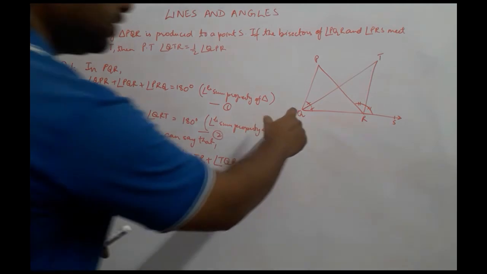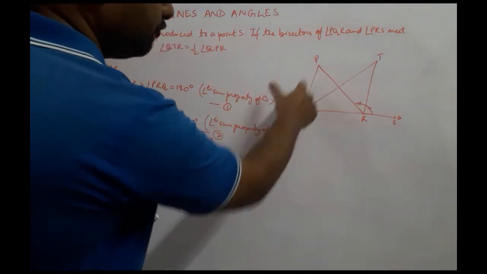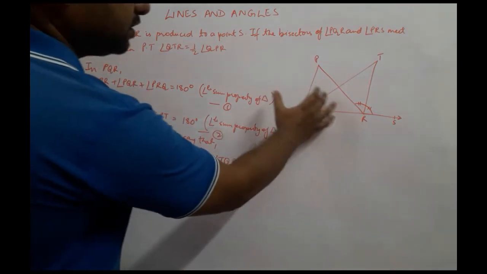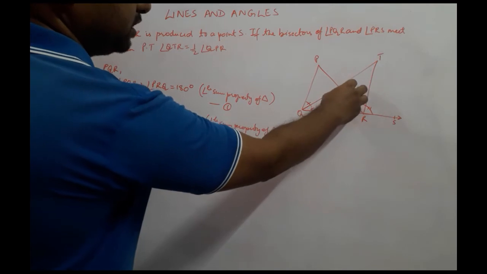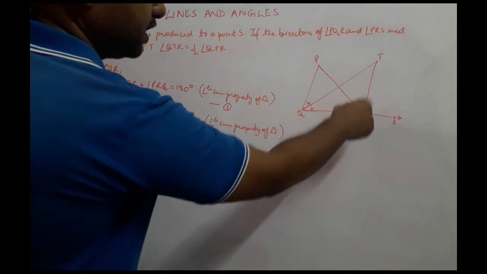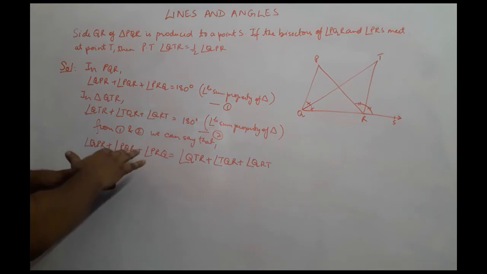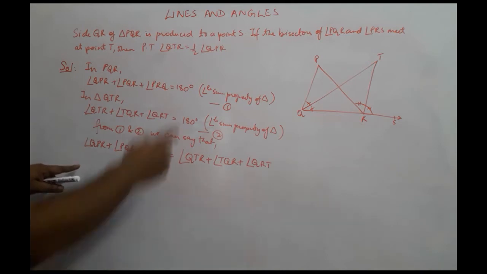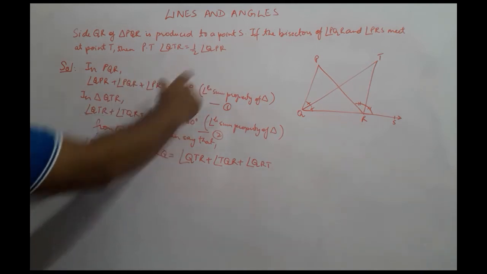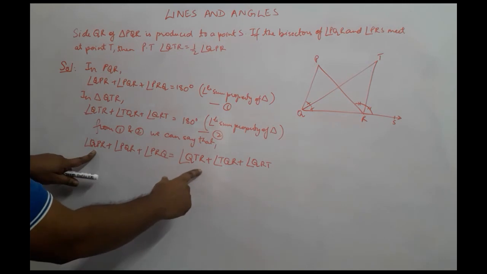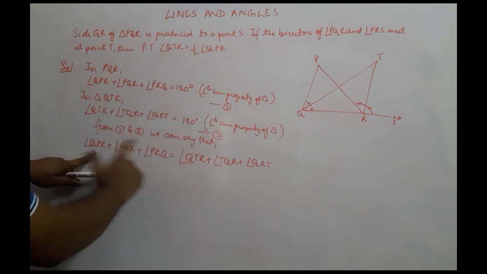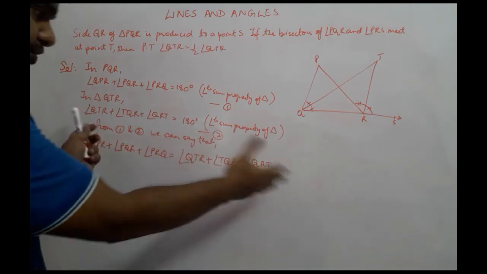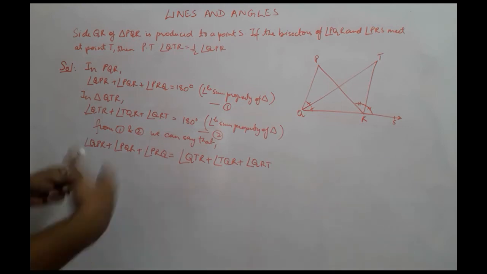Now we know that QT is the angle bisector of PQR. So let's move to this triangle, because this is going to be our focus, that is triangle QTR. I want to get rid of so many terms. We just need this much. We need QPR, it is here, and we need QTR, which is here. So they should be on opposite ends and we've got them. The only thing that needs to be a half, let's not worry about that half right now. Let's worry about removing what is extra over here.